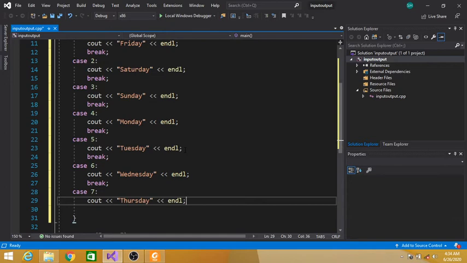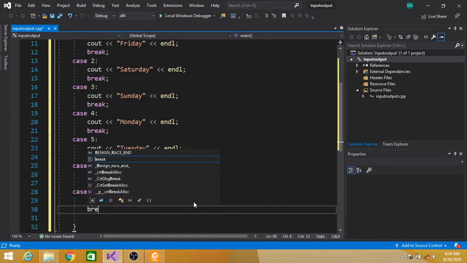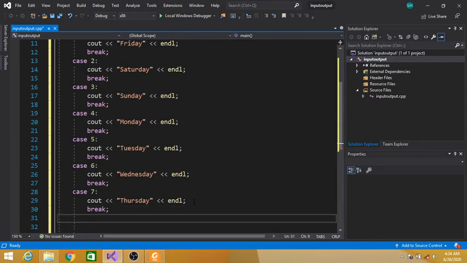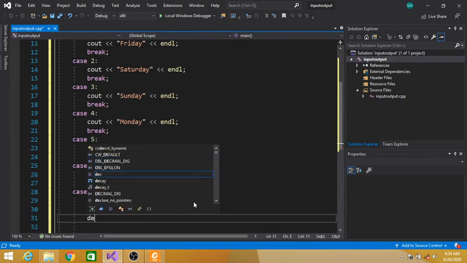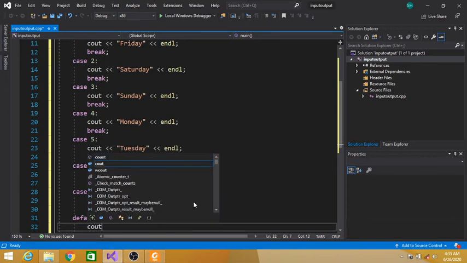So as we know, there are 7 days in a week. All of the days have been completed. So now break statement, and at last default colon, cout.